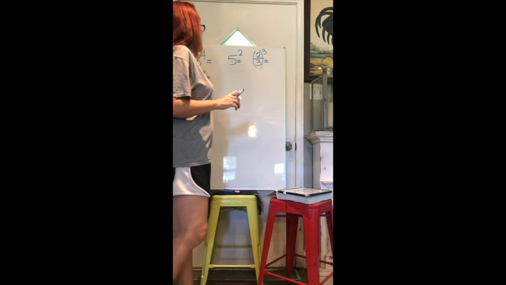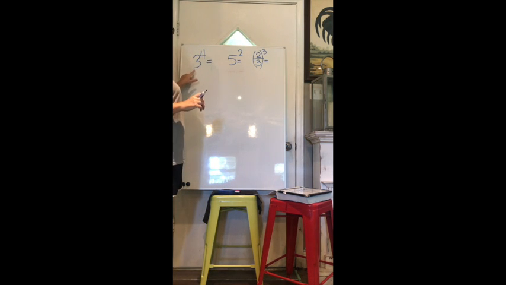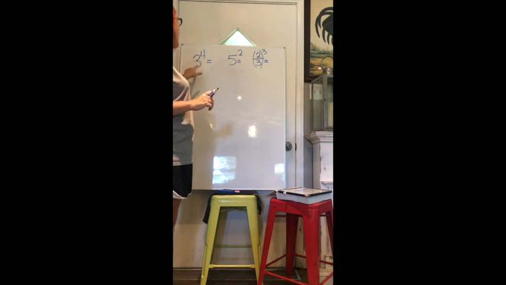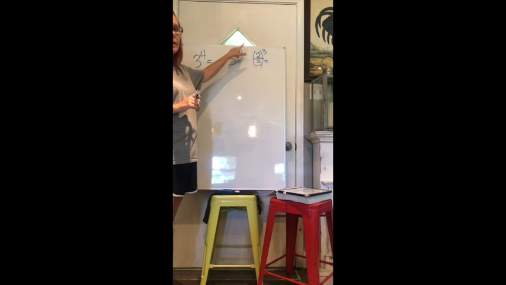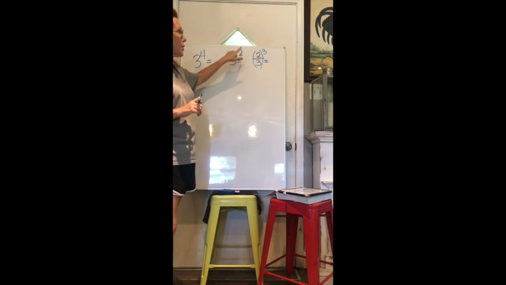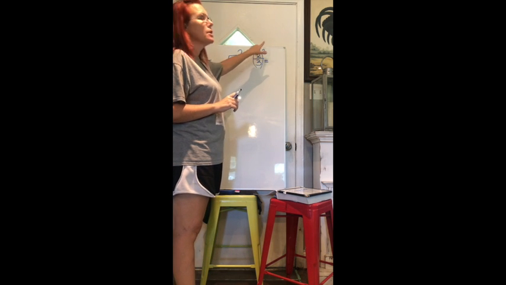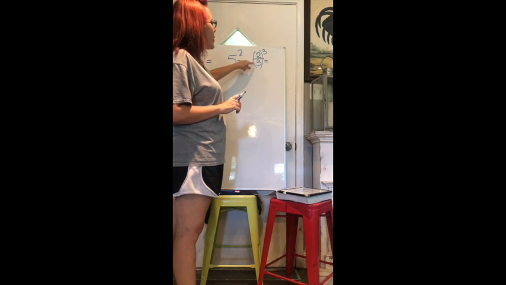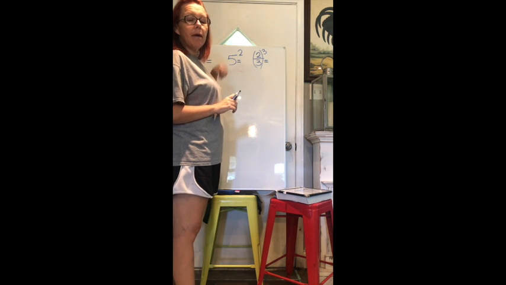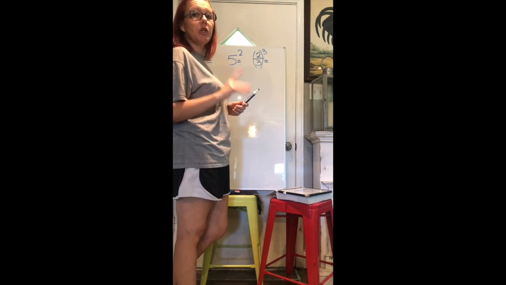Okay, so we're going to look at our first example of 3 to the 4th power. And that's how you would say that. This is 3 to the 4th power. This is 5 to the 2nd power, or 5 squared. This is 2/3 to the 3rd power, or 2/3 cubed. So you want to make sure you know how to say these, but then you have to know how to